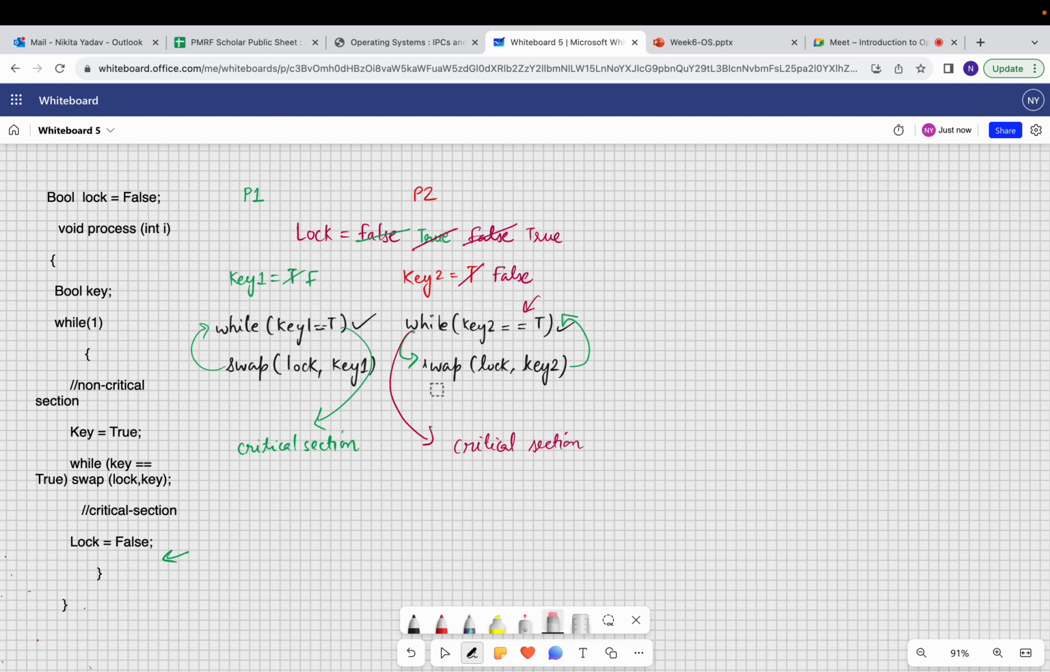So if we take this example of only two processes here, then if P2 has requested to enter the critical section and P1 is already in the critical section, then as soon as P1 leaves the critical section, P2 will be able to enter the critical section, because it is already busy waiting on the lock. However, if there are n number of processes, say P1 to Pn, then